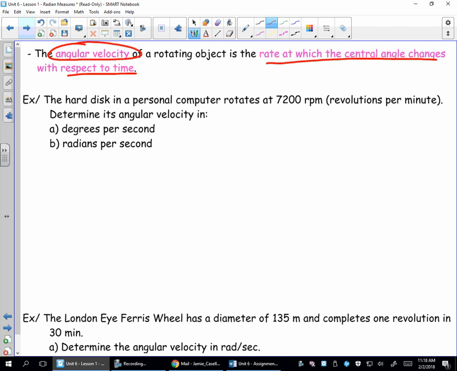Well, let's take a look at an example here. We have the hard disk on a personal computer rotating at 7,200 RPMs. That stands for revolutions per minute. It's spinning round and round and round. Our central angle is changing and changing and changing. How fast is it doing that? Well, if I want to find my angular velocity in degrees per second,